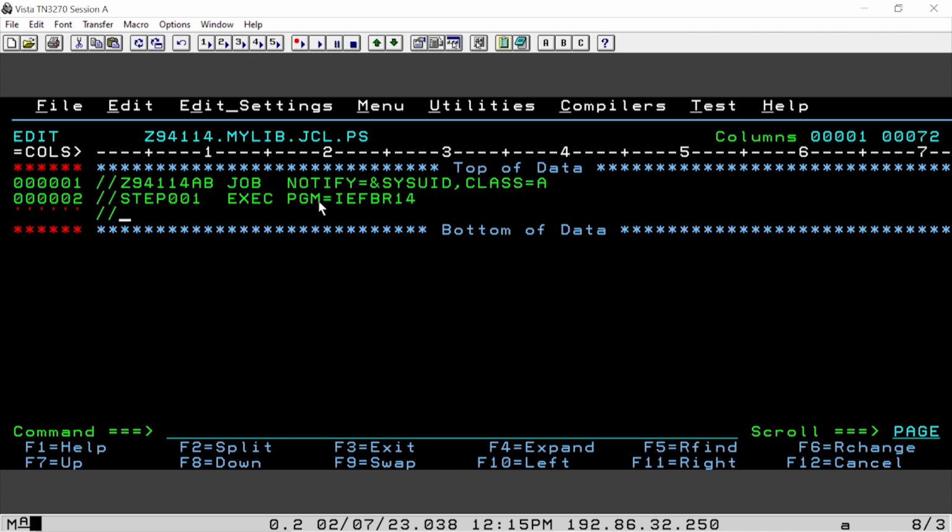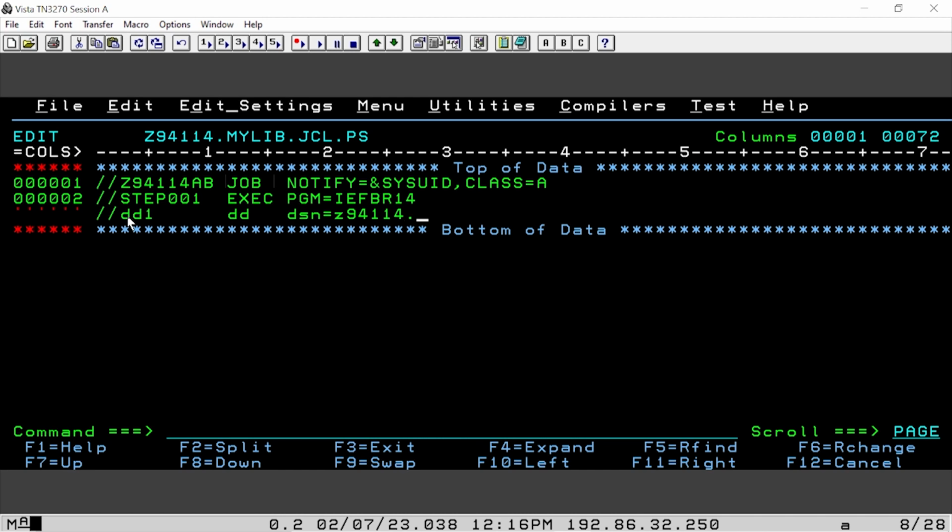After that we can see here we mentioned the JOB and EXEC statements. After that we have to give the DD statement. For this one also we should not leave a space like this; we also have to mention some name. So I'm going to give DD1 as the name for the DD statement, and here we're going to mention all the DD parameters, that is DSN. Firstly, DSN indicates dataset name, so we're going to give a name to create a PS file. So I'm giving my ID 14